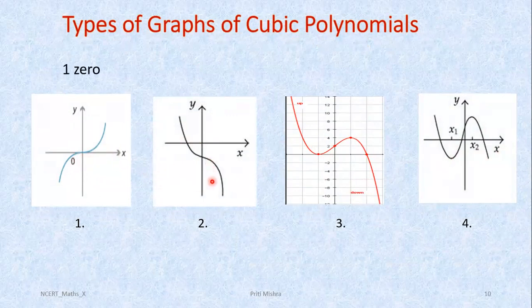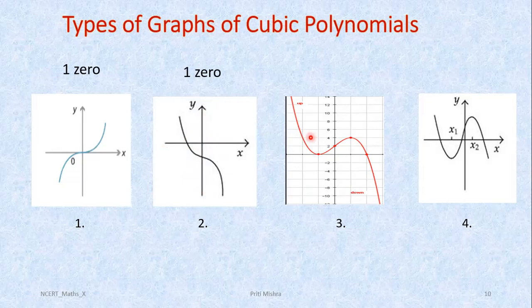And in the second pic, see at how many points it is intersecting the x-axis. This is a single point, and at this second point where it is intersecting an axis, that axis is the y-axis, it's not the x-axis. So its intersection with the x-axis is happening only at a single point. That's why it will have a single zero, though it is a cubic polynomial.